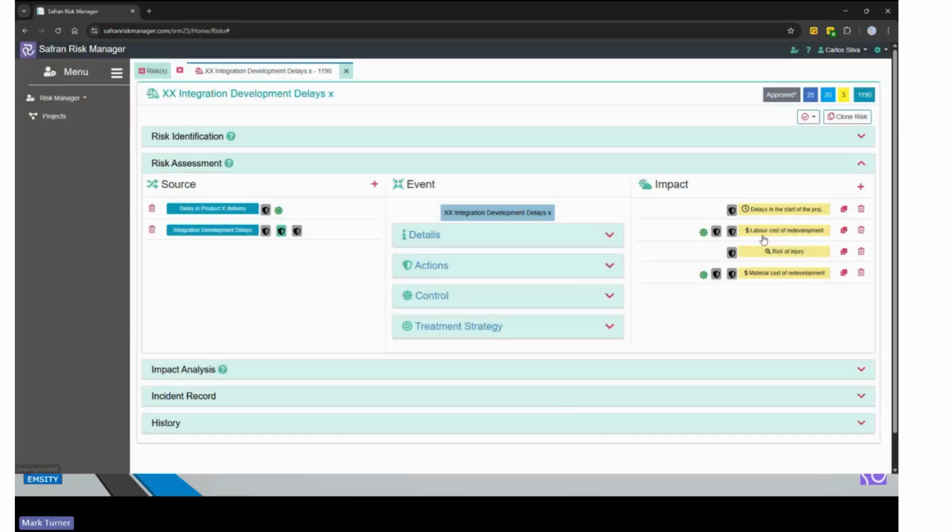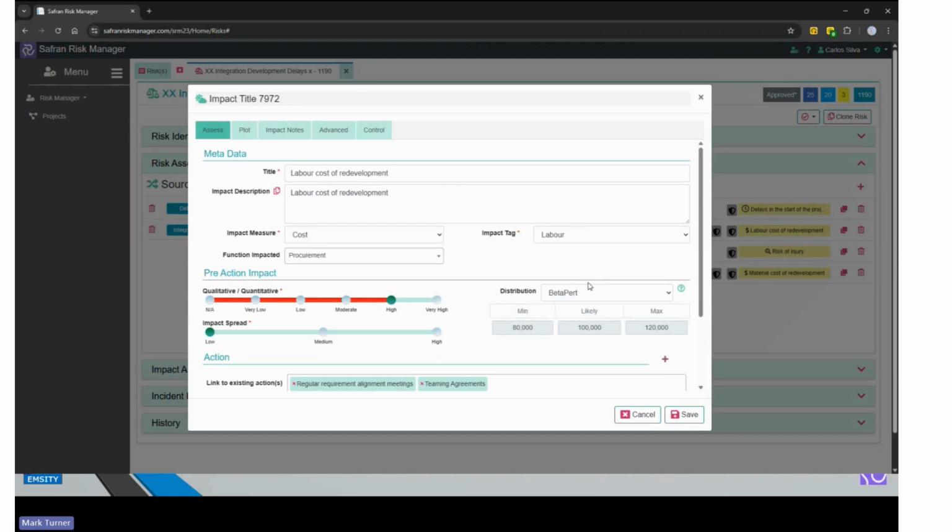In a very similar way, we can look at our impact. Now, the difference with the impact is impacts have a distribution associated with their occurrence. There's several distribution types which are commonly used, but we've decided that the triangle is the default view that we're going to have. So in the same way that we've qualitatively assessed the likelihood, we can also qualitatively assess the impact simply by using the slider bar. But the slider bar gives us just the midpoint of a triangularly distributed impact.